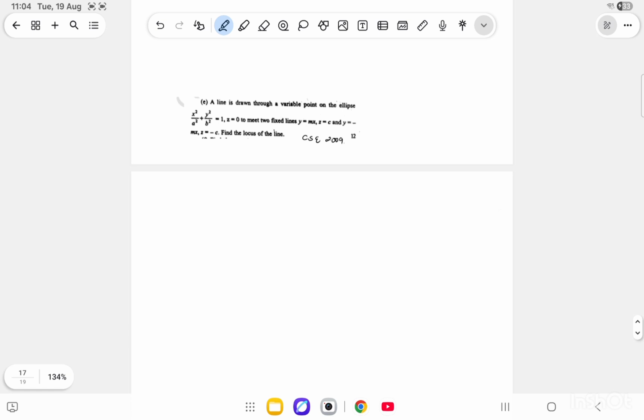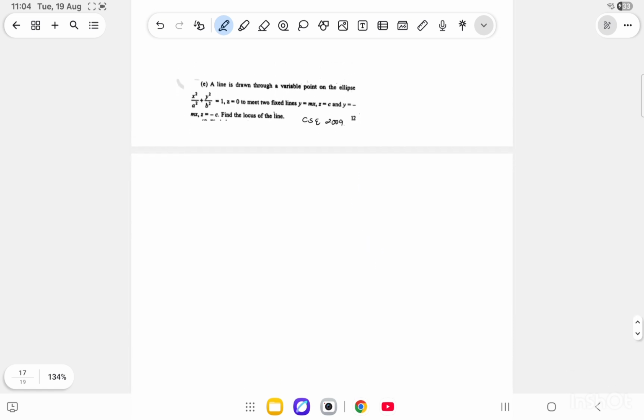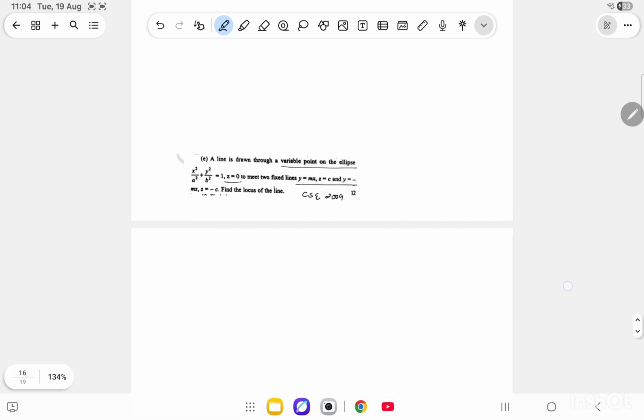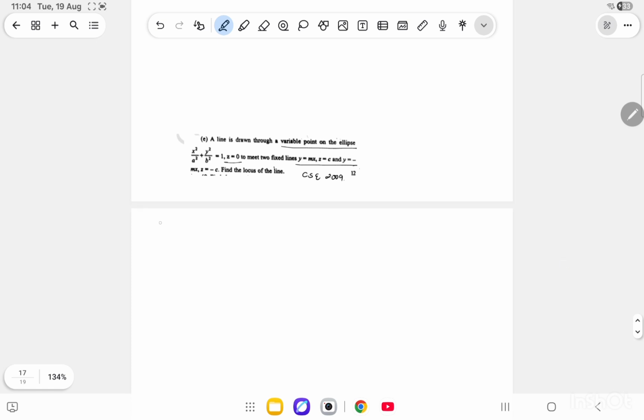So my next question is, and I guess this is the last question on this topic of skew lines. This question says that a line is drawn through a variable point on the ellipse to meet the two fixed lines, and we're supposed to find the locus of the line. So we are given the equation of the ellipse. My equation of ellipse is x square by a square plus y square by b square equals to 1, comma z equals to 0,